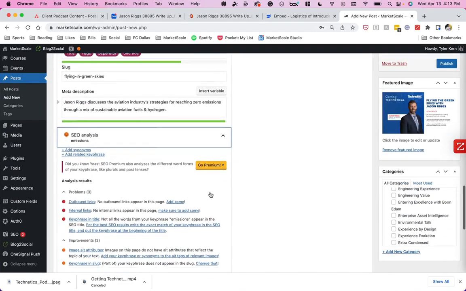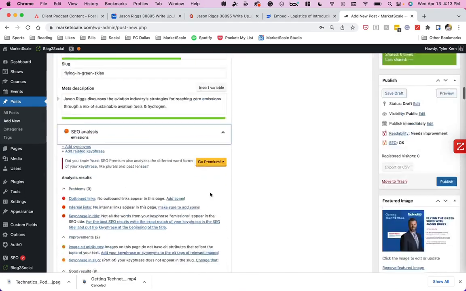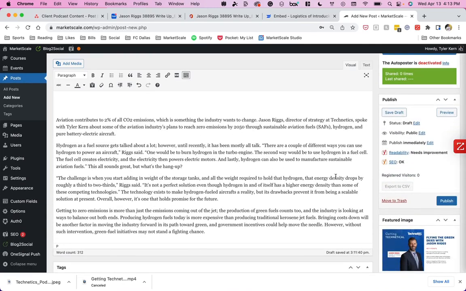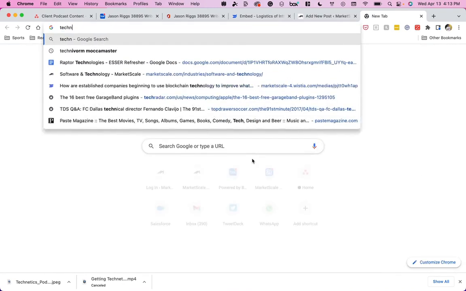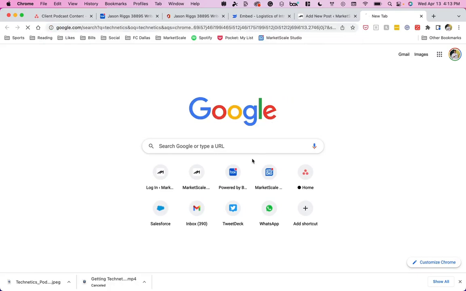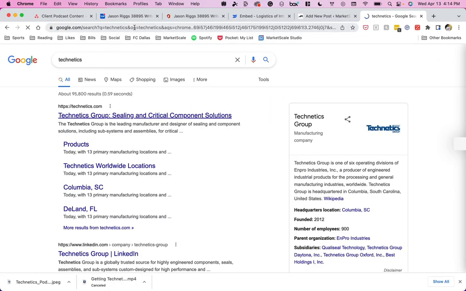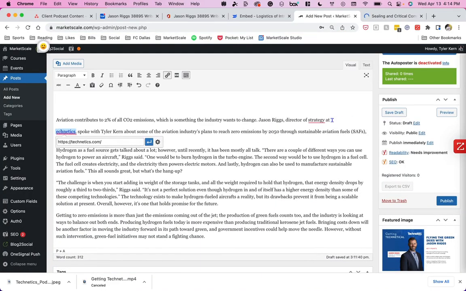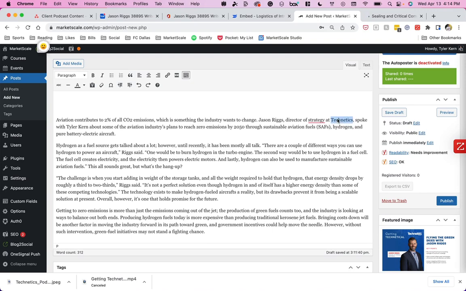I wouldn't worry too much about spending a ton of time on this, but you'll notice we also don't have any outbound links in the write-up. We want to go ahead and make sure that we add in some of those. So like company names, yeah, let's drop in Technetics here. This is kind of a whole reason why a company like Technetics would do podcasts with us in the first place,